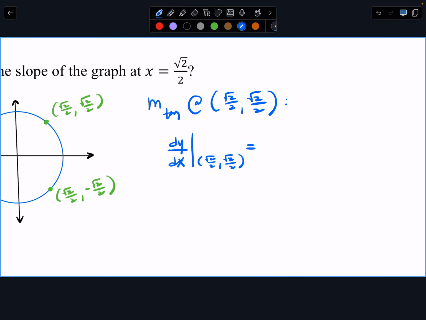I know, but why are you drawing that line and then the thing at the bottom? That's the notation for showing what you're evaluating dy over dx at. So I'm evaluating dy over dx at root 2 over 2 comma root 2 over 2. So negative root 2 over 2 over root 2 over 2. I realize most of you could do this in your head, but we get negative 1. Now, if you wanted the equation of the tangent line, this isn't asked for, but if we wanted the equation of the tangent line,